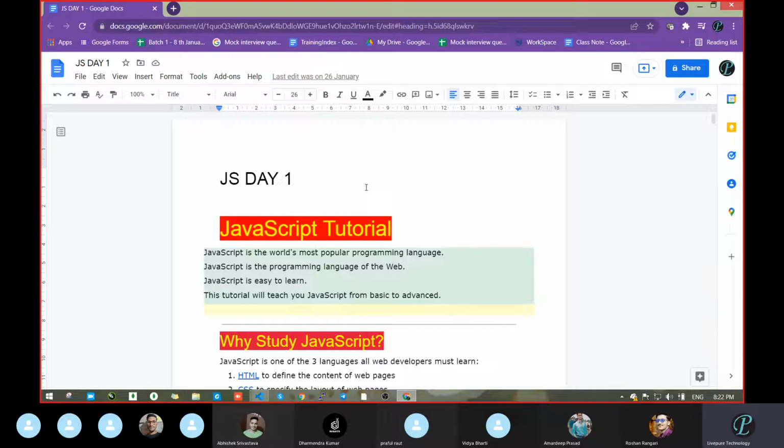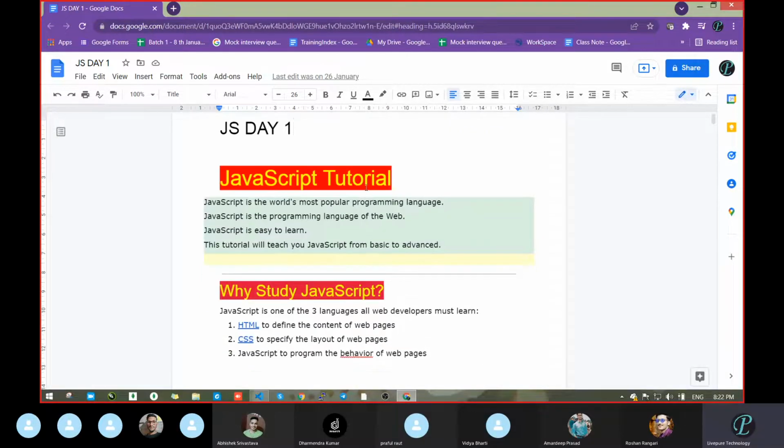Next, where can we use JavaScript now? In the case of front end, and the same thing we can use for the backend also. Like Node.js. Has anyone heard of Node.js? Yes, sir. Node.js is also a programming language where we can write JavaScript. We just saw three front-end frameworks: React, Angular, Vue.